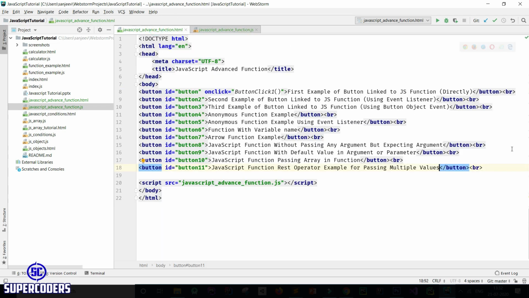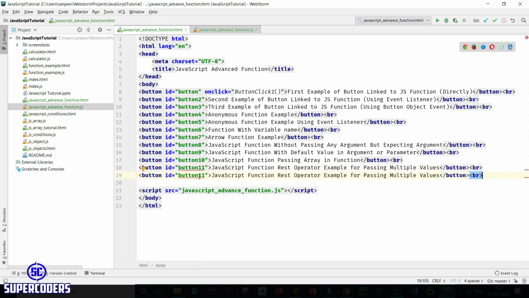Now let's see one more example. So adding 11, 12, then JavaScript function accessing arguments keyword data.